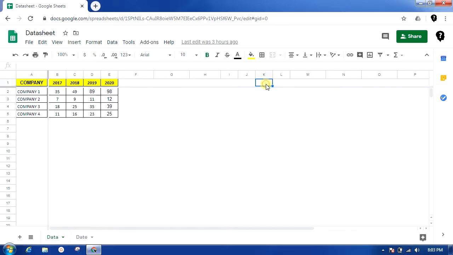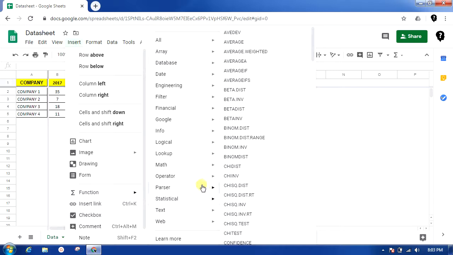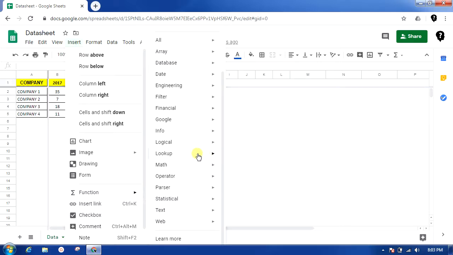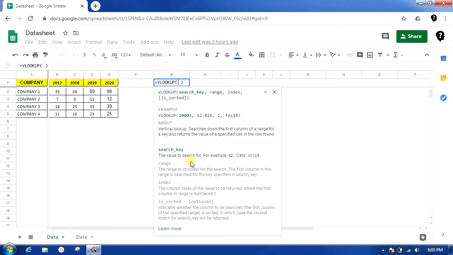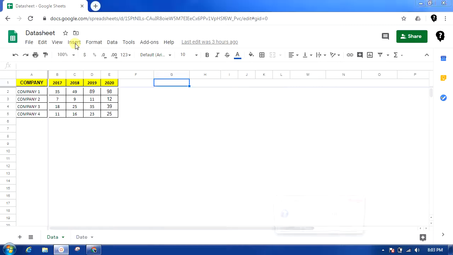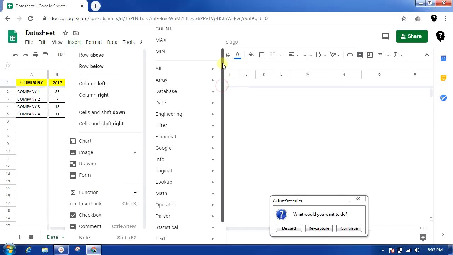Let me put my cursor first here. One more point before we proceed: this method, insert function, will help you tackle all of the formulas.